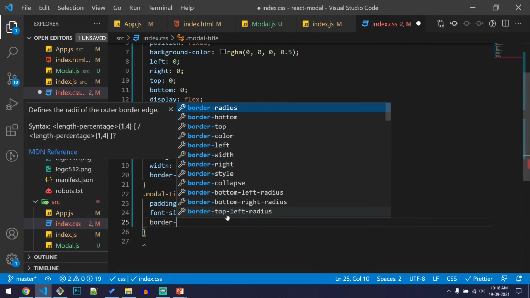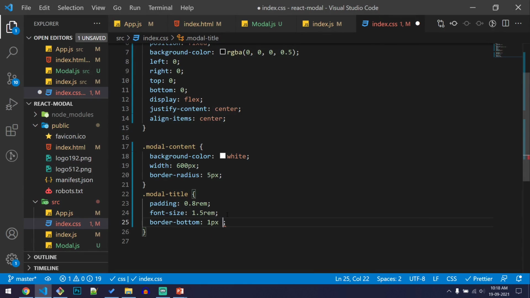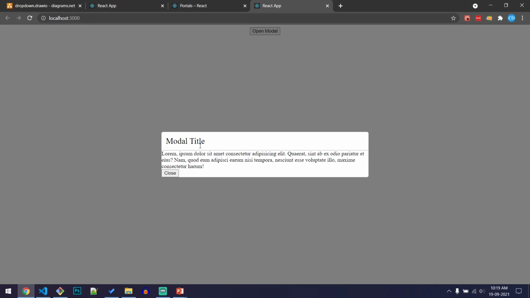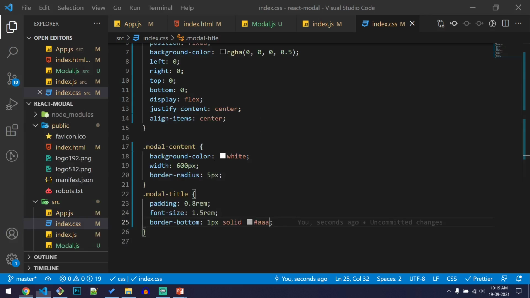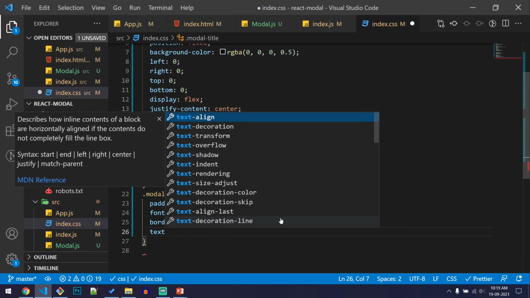That will be border-bottom of 1px solid with a gray color, and I want this title to be center aligned, so let me do text-align center,